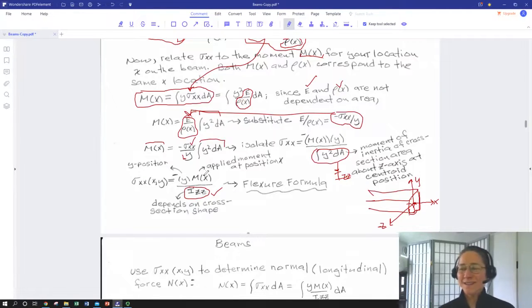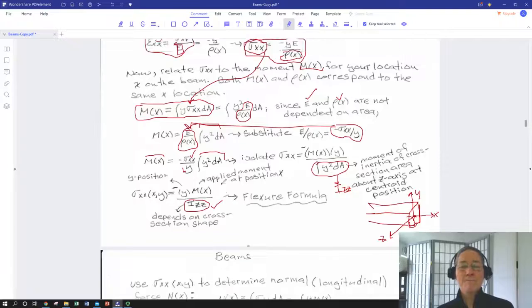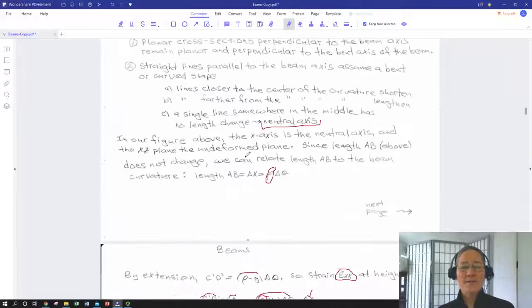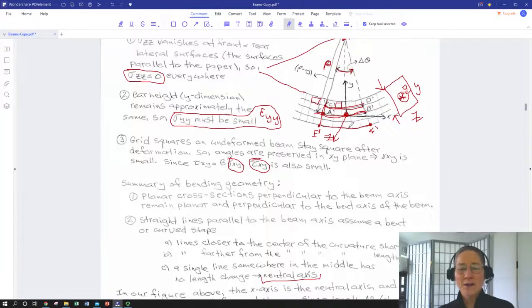If moment is 0, if we're not applying any moment, or that moment happens to be 0 at that particular point, then also there's no longitudinal stress, no worries. But where we'd want to worry is if we're looking at a point down here on the bottom,